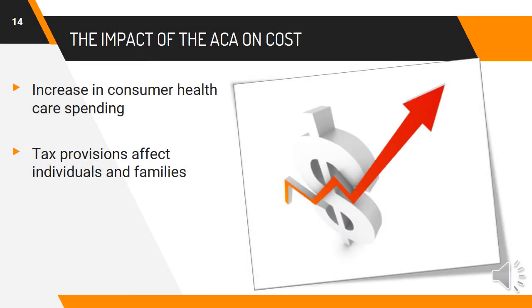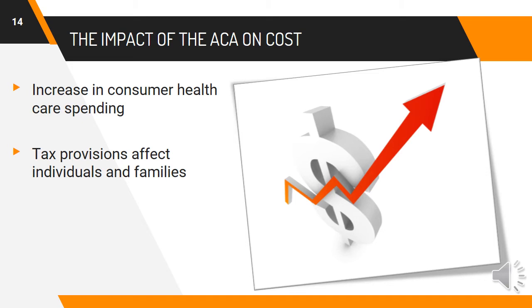The potential for increased healthcare spending for consumers has been controversial when discussing the impact of the Affordable Care Act on costs. The transition to the Affordable Care Act and its impact on consumer spending can vary by income level. While consumers with incomes below 138% of the federal poverty level and consumers with incomes between 138 to 400% of the federal poverty level experience a decrease in total healthcare spending, it has been debated that consumers with incomes above the 400% federal poverty level will see an increase in their total healthcare spending. These consumers would not be eligible for government subsidies to offset their premiums.